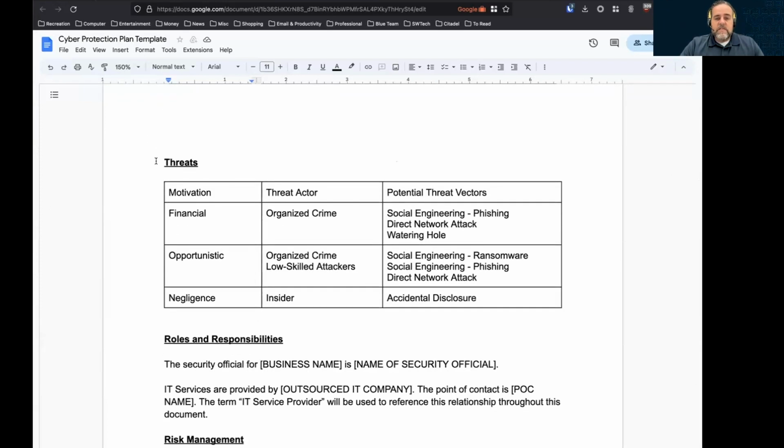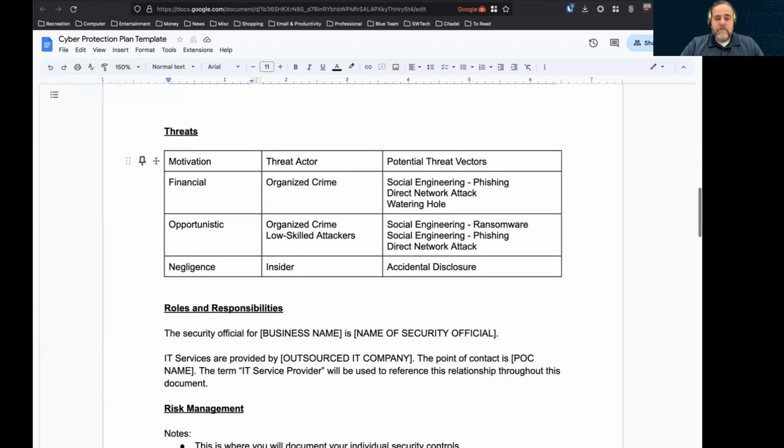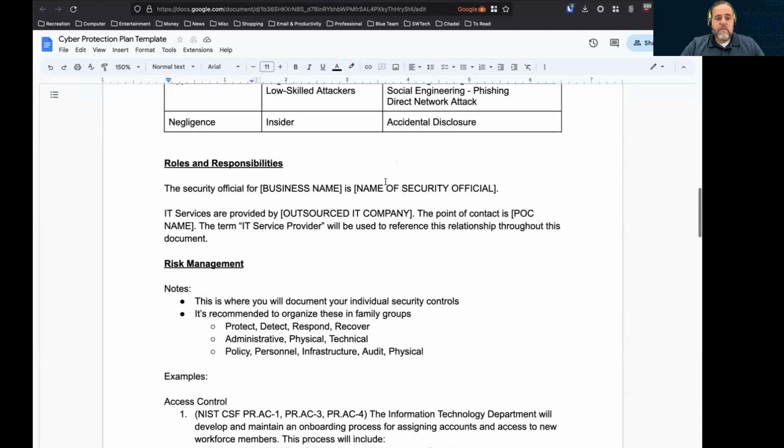Threats, this is the threat assessment we talked about. This is a copy directly from one of our clients, who's a financial management client. This is one that came out of an assessment, where we give them the seeds to build upon. We take what kind of data they have, the threat actors that we believe are targeting them that have that specific motivation, and then the potential threat vectors, or ways they would carry out attacks.